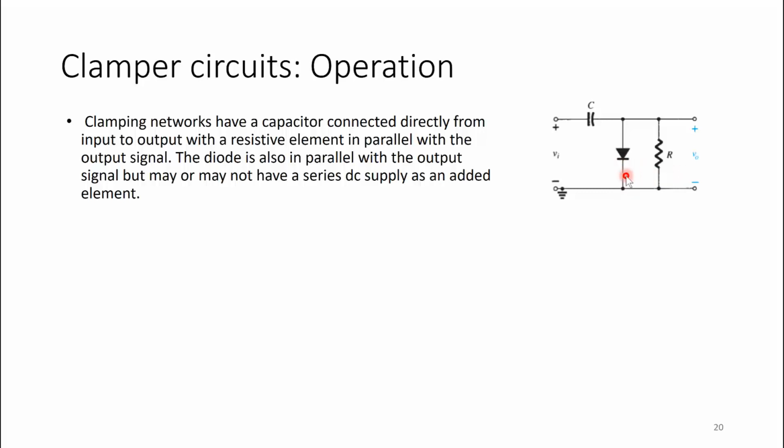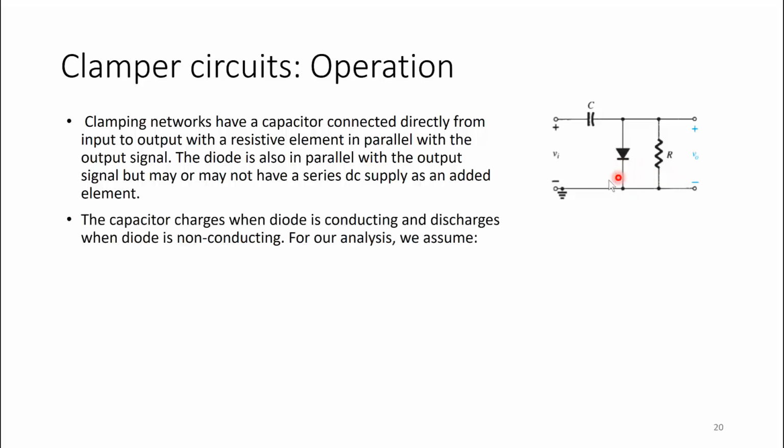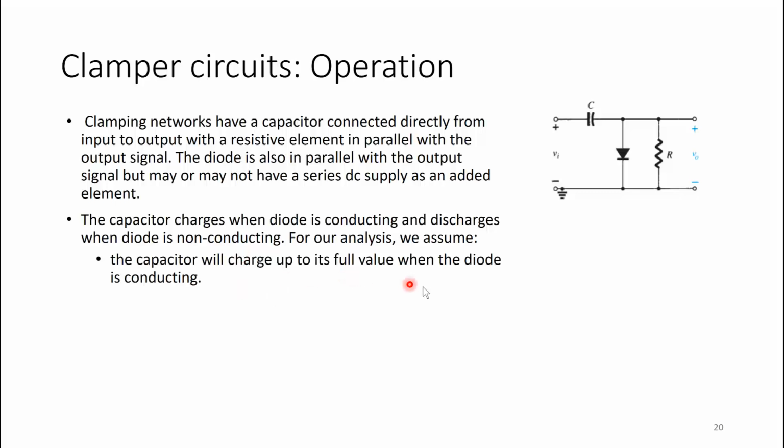Okay, you may add added bias there. And the capacitor charges when the diode is conducting and discharges when the diode is non-conducting. Okay, this is one thing that you'll have to consider. It charges when the diode is conducting and discharges when the diode is non-conducting, and we need to consider this when we do our KVL later. So for our analysis, we assume the capacitor will charge up to its full value when